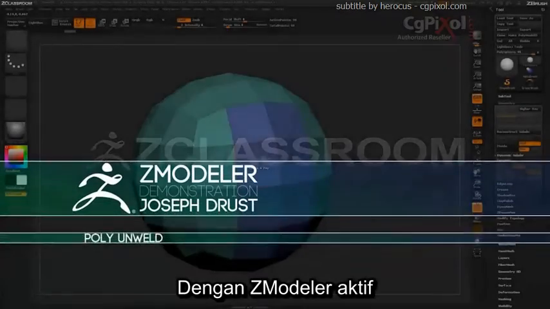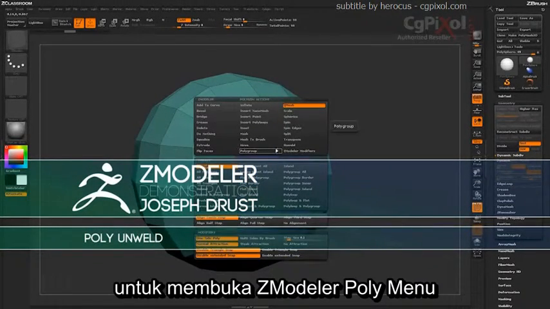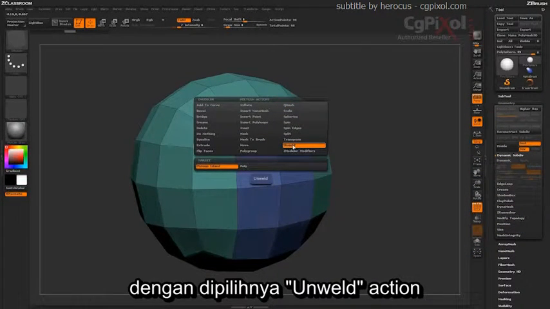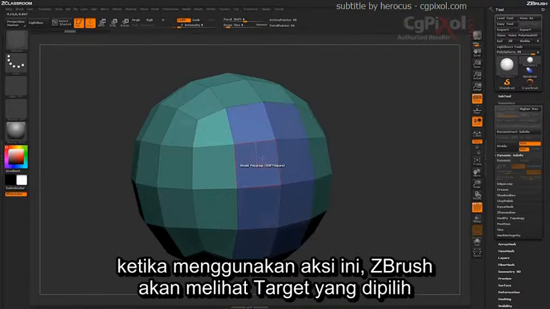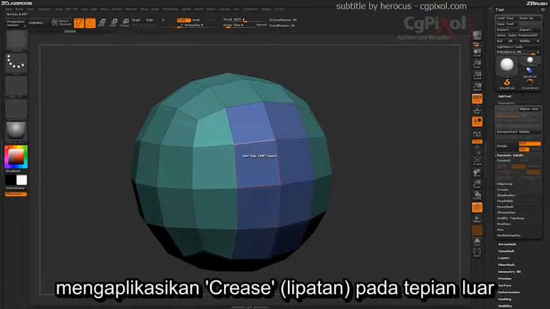With the ZModeler brush selected, hover over a poly and press spacebar to open up the ZModeler poly menu. Locate the Unweld action. With the Unweld action selected, you'll see two targets, Polygroup Island and Poly. When using this action, ZBrush will look at the selected target, then unweld that surface from your model, apply creasing